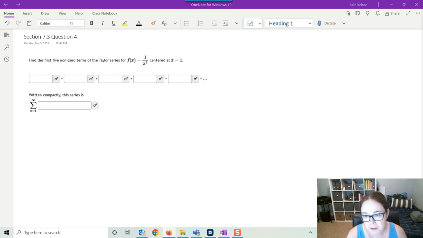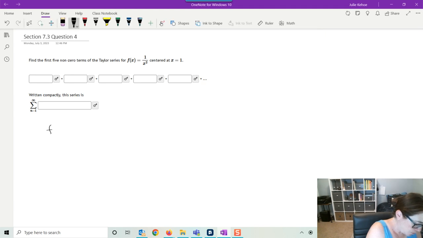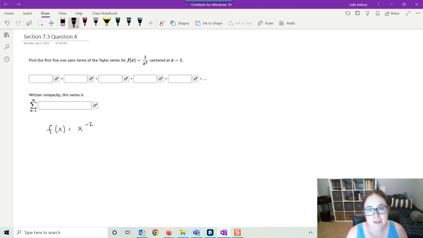For the Taylor series of f of x equals 1 over x squared, and we're centering it around x equals 1. So I'm going to start by finding the derivatives of f of x, and then I'm going to plug that 1 into each of them. So our first function is f of x itself, and I'm going to write it with a negative exponent. Makes it a little easier for me to do that power rule without making any mistakes. So first derivative,